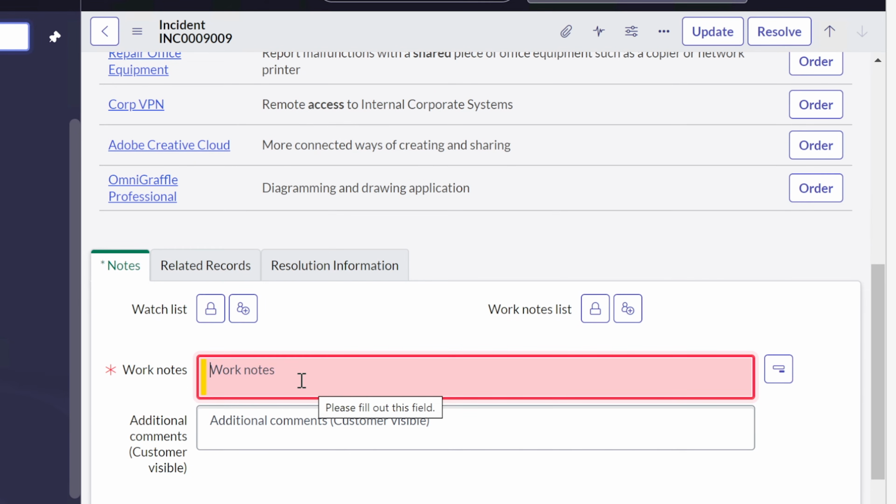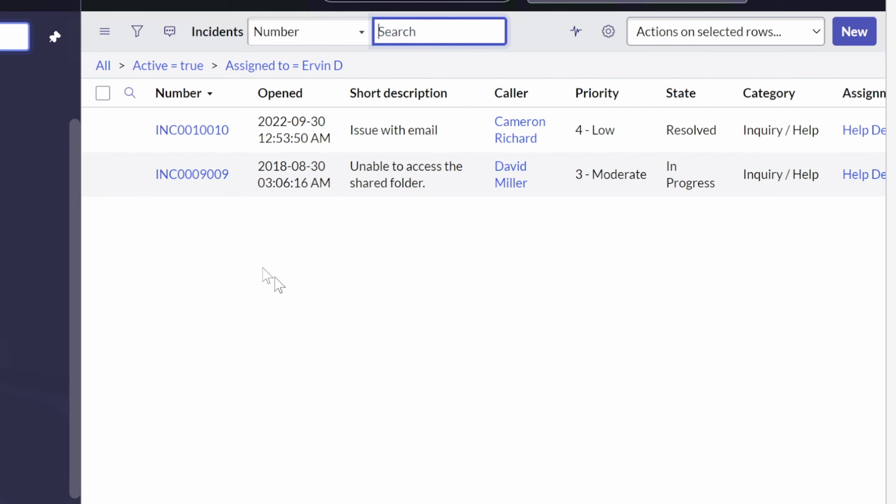Some companies require you to put in a note, and that's fine. In this case, I'm just going to say, let me be more specific, reaching out to the user for assistance. So I'm going to say that. I'm going to go back to this ticket,